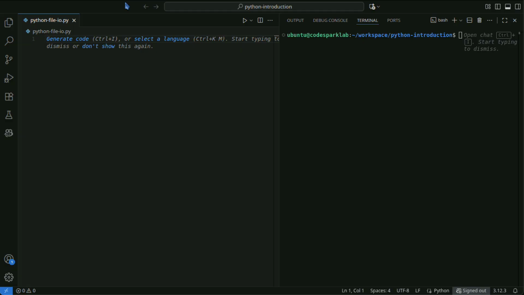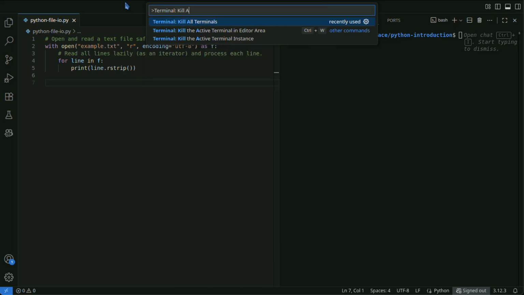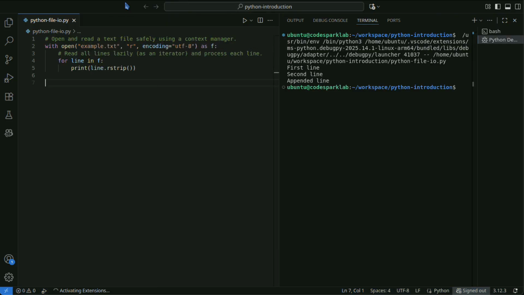First, let's look at examples of reading and writing text files. Using the with statement, the Context Manager ensures the file is properly closed. The following code opens a text file, reads its contents, and processes them line by line. Explicitly specifying encoding equals UTF-8 helps reduce platform-dependent issues. Even with large files, for line in f is memory efficient.